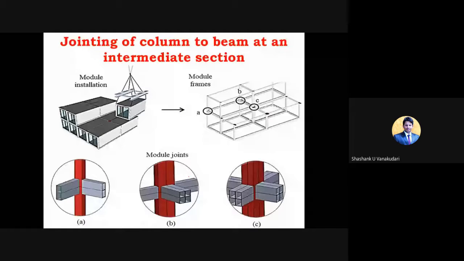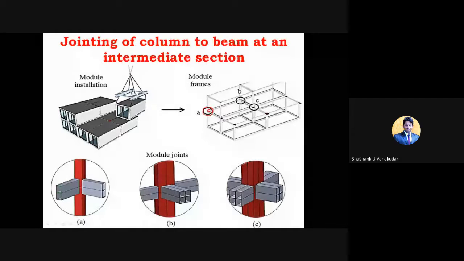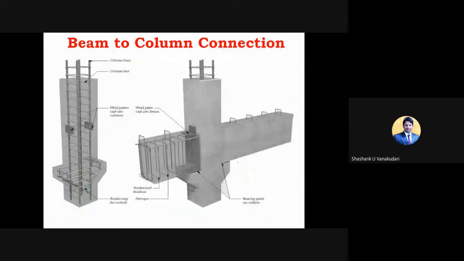This is the next part, and here you can see that at the intermediate sections, from one floor to another floor, wherever we are going to place the column, at those floor columns we are going to provide some intermediate sections. So here also you can see this one we can provide at the corner place, this one we can provide at the exterior, and these sections we can provide at the interior part. Yeah, and here you can see the beam to column connections.